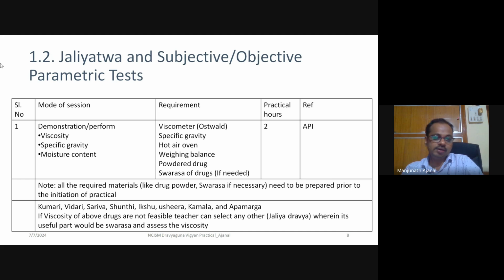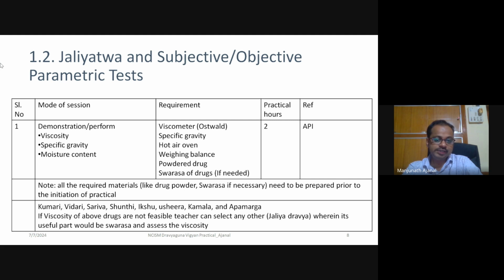Here the Jala are assessed based on the viscosity, specific gravity, and moisture content. The principle is very simple here. The more the viscosity, the less the Jala; the more the specific gravity, the more the Jala; and the more the moisture content, the more the Jala. So this was the principle. The requirements are an Ostwald viscometer, specific gravity apparatus, hot air oven, weighing balance, and powder drug or Swarasa, if you are assessing the